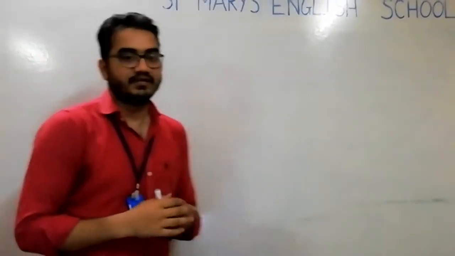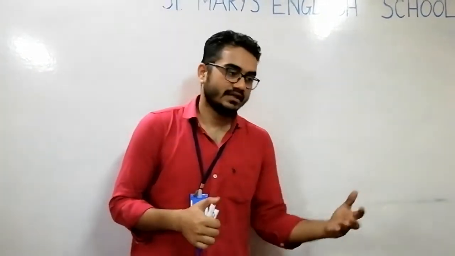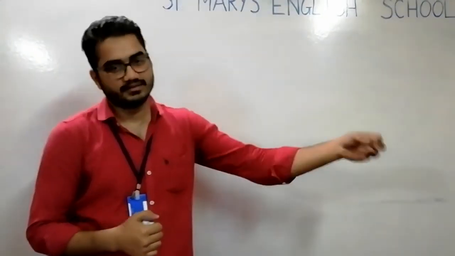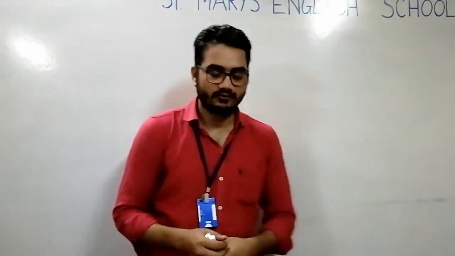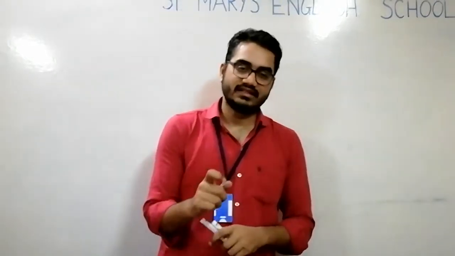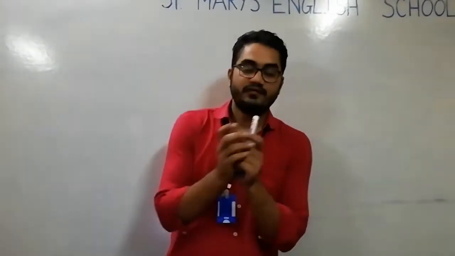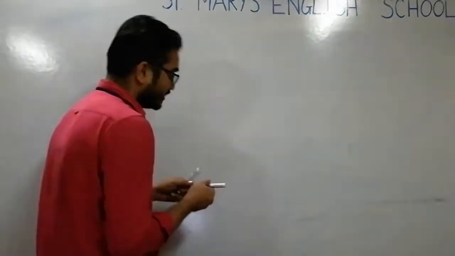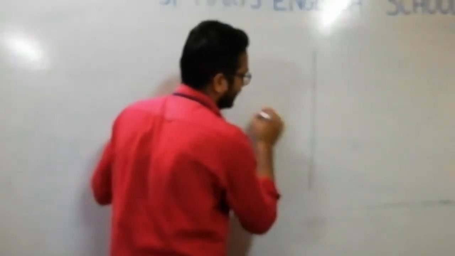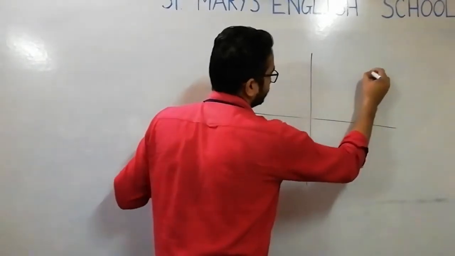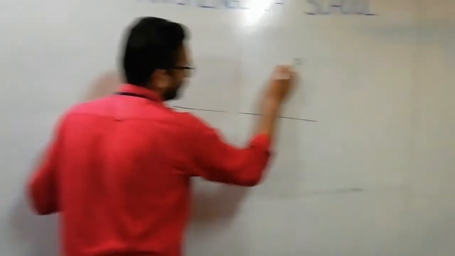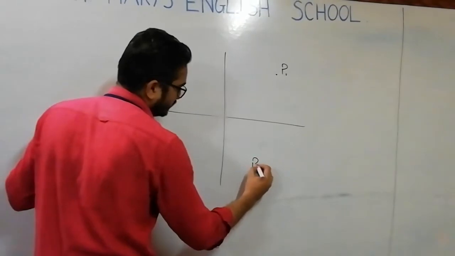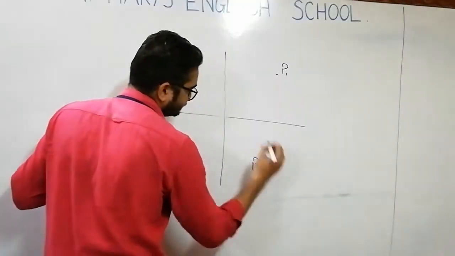Now in 9th standard we had a question like plot this coordinate of P1, P2, P3, P4. Now in 10th standard, the first thing we are going to talk about is the distance between 2 points. Suppose if I draw a coordinate plane like this and we have one point P1 over here and another point P2 which is over here.